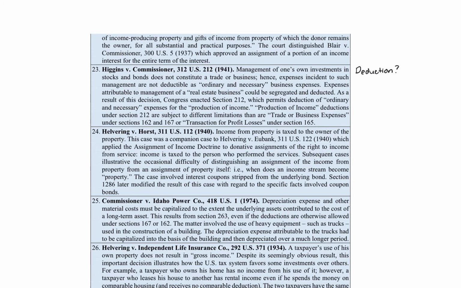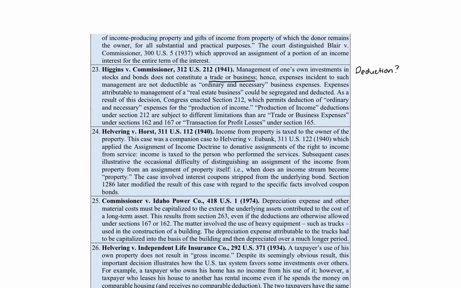So let me just talk about the holding. Management of one's own investments in stocks and bonds does not constitute a trade or business. So if you're trying to determine if somebody rises to the level of trade or business, if you invest your own stocks or bonds, not going to rise to that level. That's what the case says, and that still is the case. Now, if you're a Goldman Sachs, Charles Schwab, these various companies that deal lots with brokers and dealers and securities, that's their business, right? Different level. But we're talking about, let's say you manage your own investment portfolio, which a lot of people do. Not going to be trade or business, almost never.